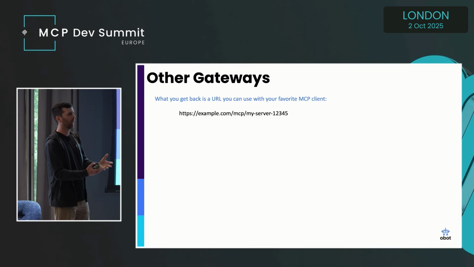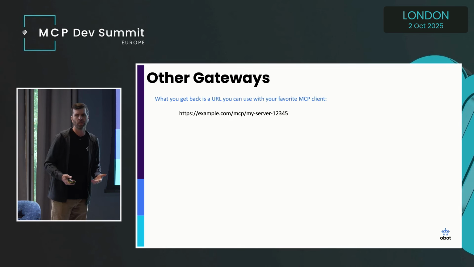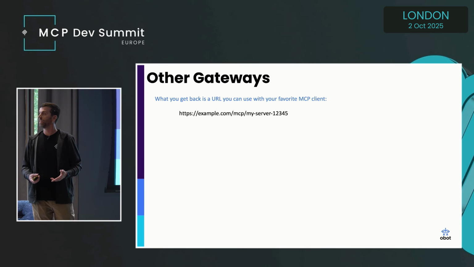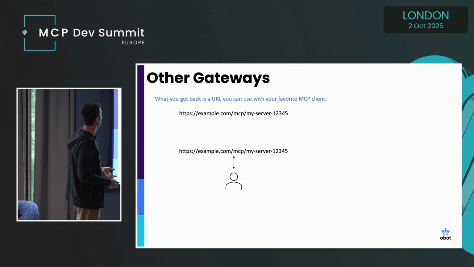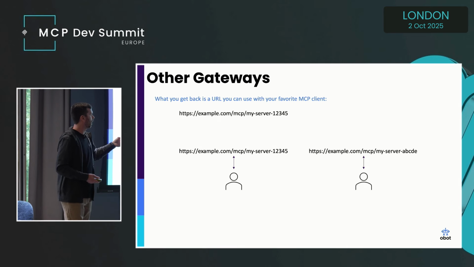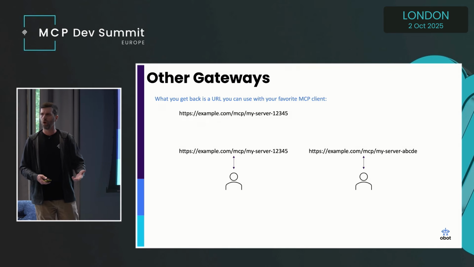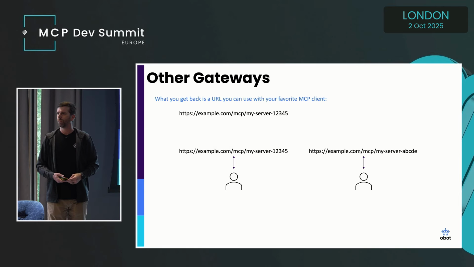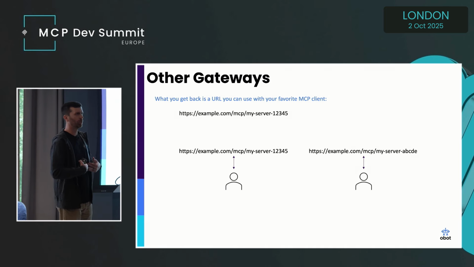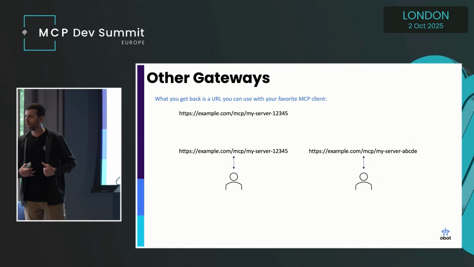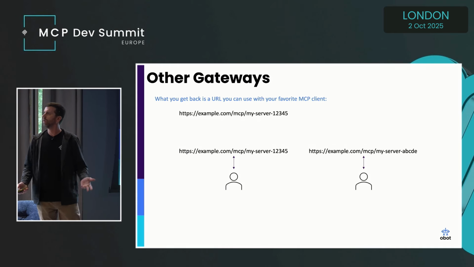It's locked to your account. If you gave that URL out to somebody else, they probably couldn't do anything with it. And even if they did, they'd only get your emails, in this particular case. So every user has to do this for themselves and get their own URL, which is fine. It's nice to know that I have my MCP server connected to my Outlook account and nobody else can use it. That's good.